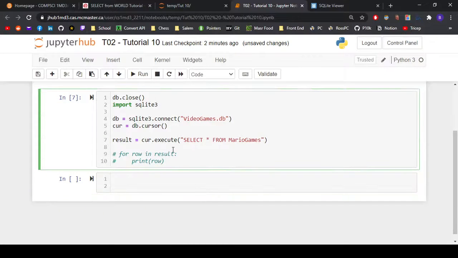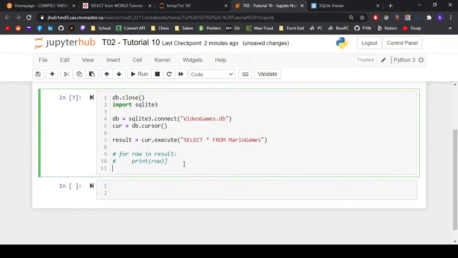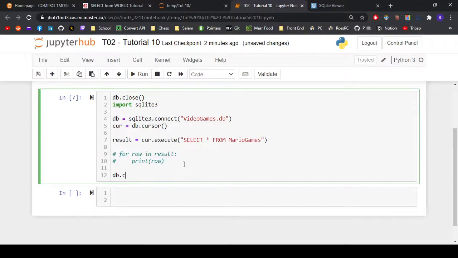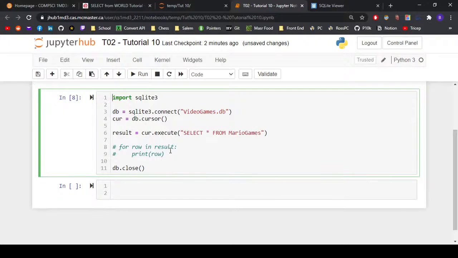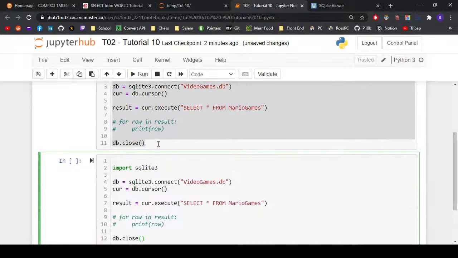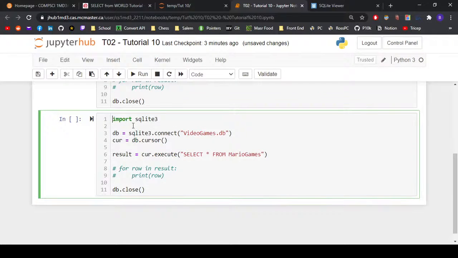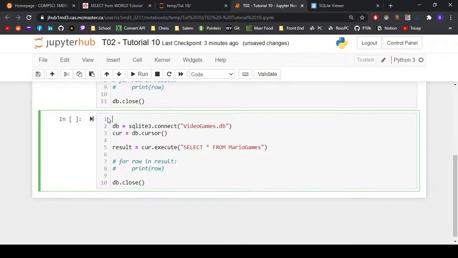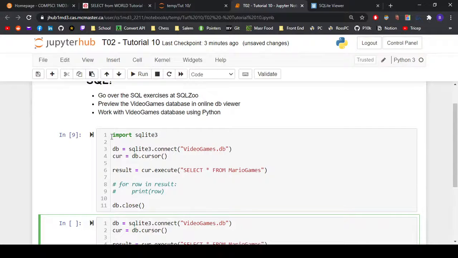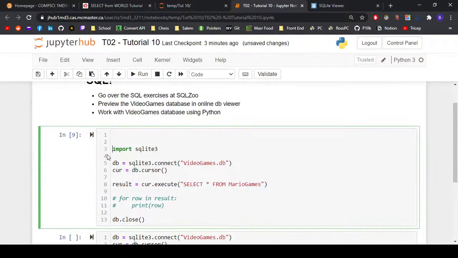And we'll say db close down here again. And then we can get rid of this. Okay. And we'll copy this over. Cool. So here, actually, let's title this. This was the